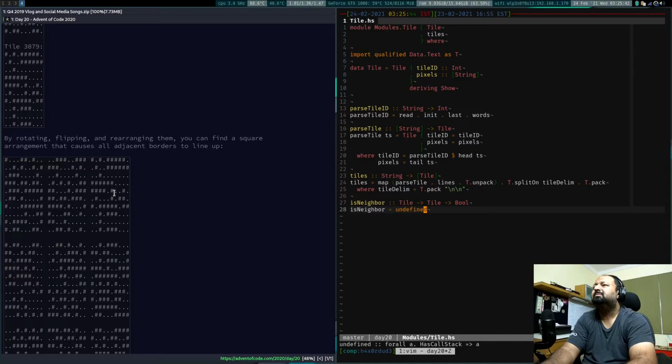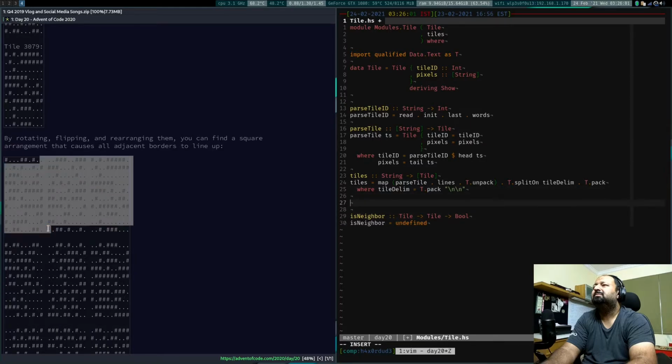Now obviously what we need to do is compare the edges, and like I said, we can compare either the edges themselves or compare it with the reverse of those, but we definitely want the edges of the tiles and then compare them. So let's do that first then. Let's try to get the edges then. Okay, let's look at them individually then. So we obviously have four edges, right? There's a top edge, there's a right edge, there's a bottom edge, and there's a left edge. So let's start with top